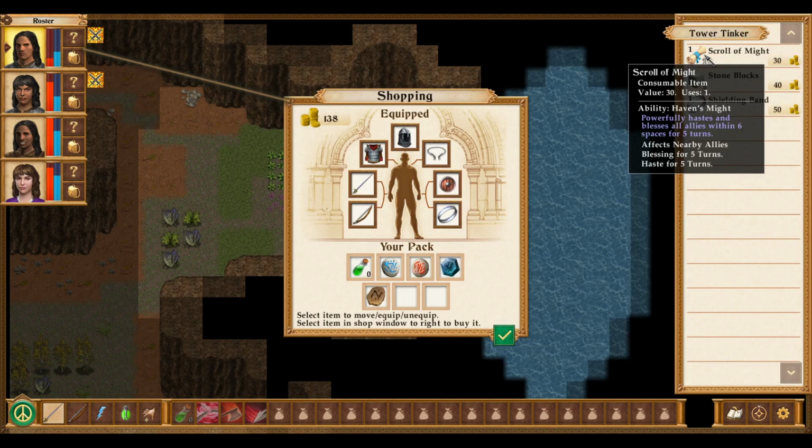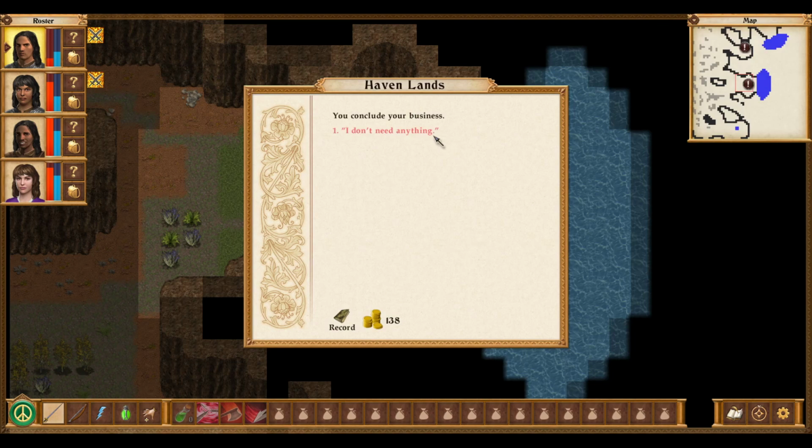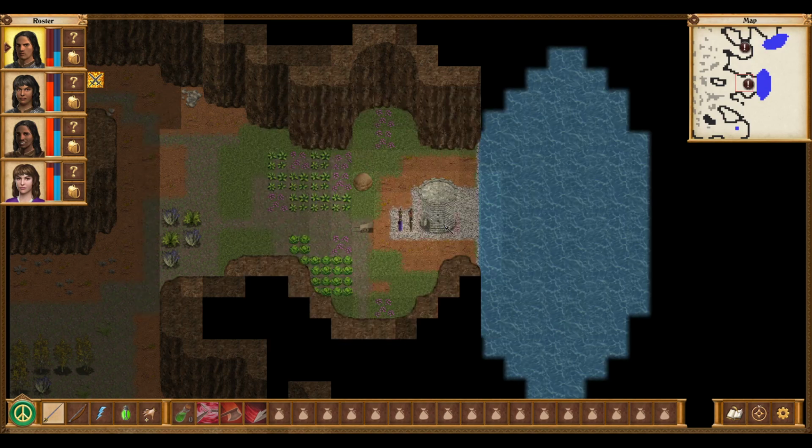Roll of Might. Just a blessing. Shield band and stone blocks. Okay. Now I know what you have. I don't need anything. Goodbye then. Any visit from our prince is honor enough. Alright, well that was a...